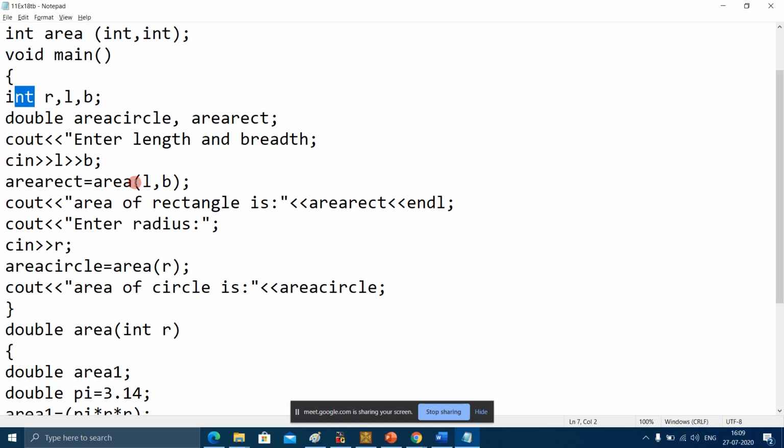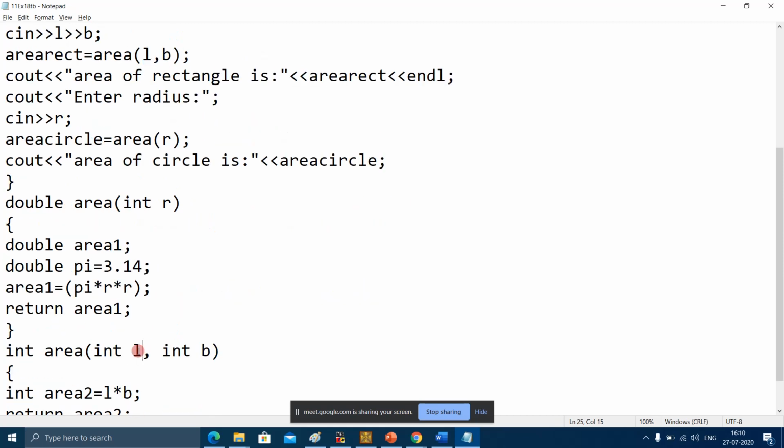So I'm passing the value of L to this function. To this function? No, because the parameters are different. For this the parameter is only one, but I am passing two values. So the compiler will not consider this function. It will consider this function.